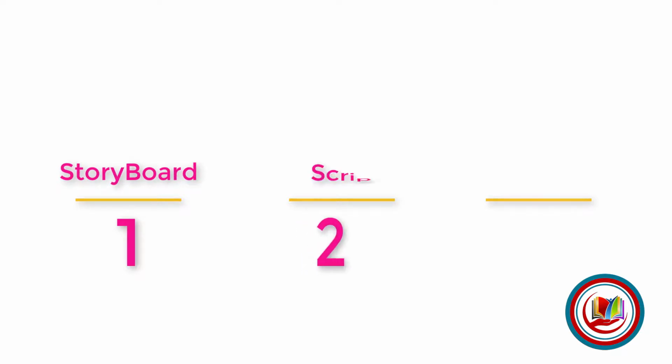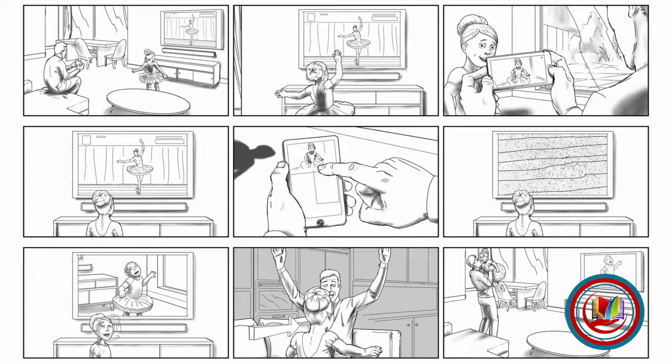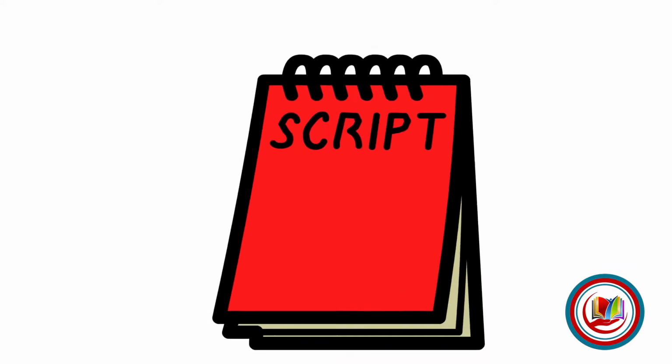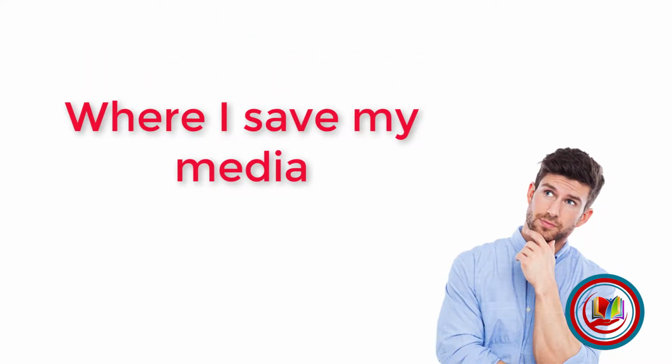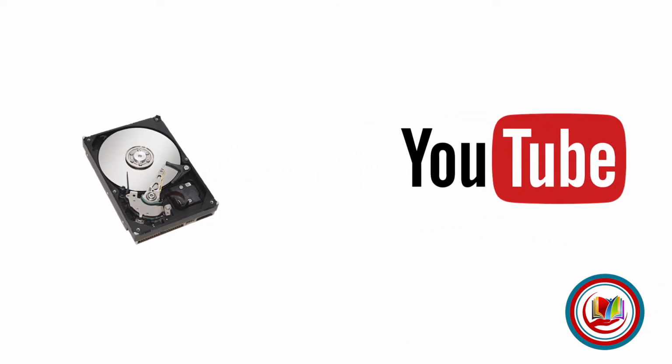Number 1. Storyboard. Number 2. Script. Number 3. Save and share. Before pressing the record icon, make sure those three things are ready to go. First, create a simple storyboard. What will you be recording? This helps you to stay focused and on track. Second, write a script so you know exactly what to say and when to say it. Third, decide where to save your video, maybe on your hard disk drive or a popular destination like YouTube or